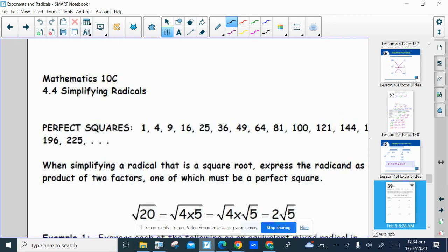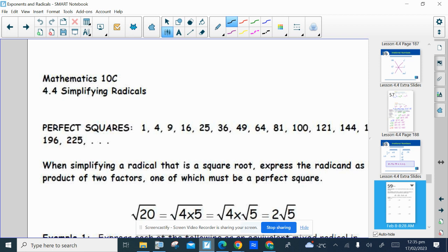So we're going to finish off this chapter today. Remember, Tuesday you guys have a quiz on 4.3 and 4.4. So 4.3 basically dealt with rational exponents, and then 4.4 deals with radicals. And the connection is that we've seen that when you have